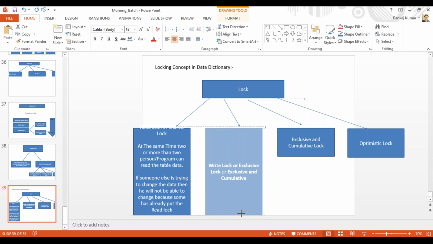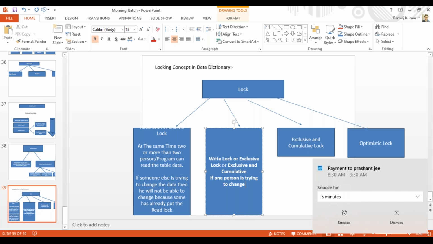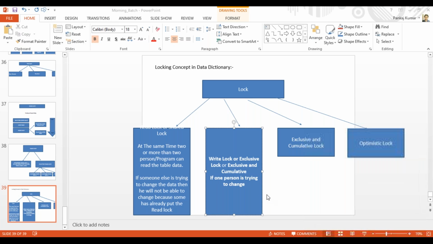Okay, write lock. What is the meaning of write lock? Write lock is nothing but, the meaning of write is change. If you are going to write something, that means you are going to change something. So write lock also means that if one person is trying to change the